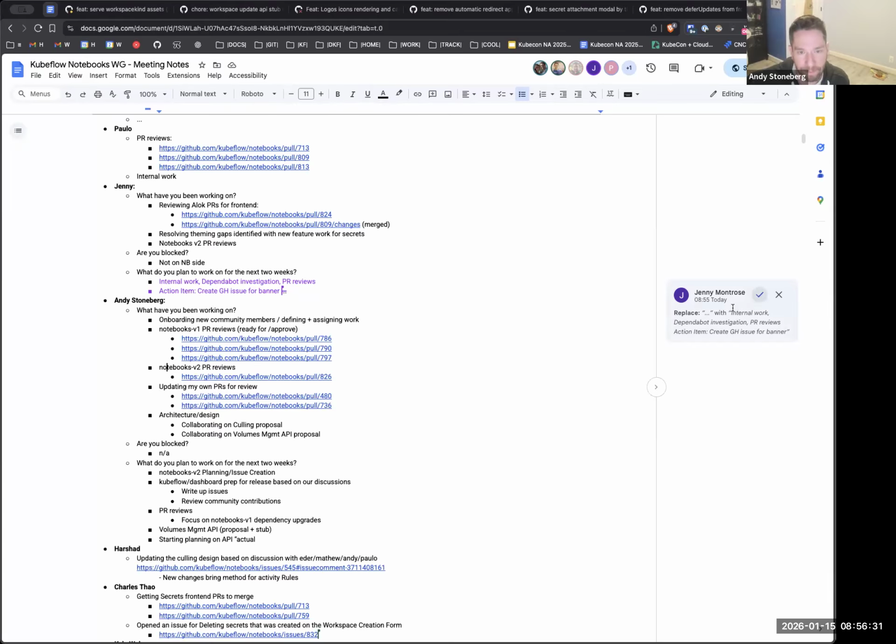But yeah, reviews, notebooks, V1, getting all these CVEs merged, absolute top priority. And then making sure we have full API stuff defined and supporting community members. I'd say those are the key things I'm looking at. Cool.